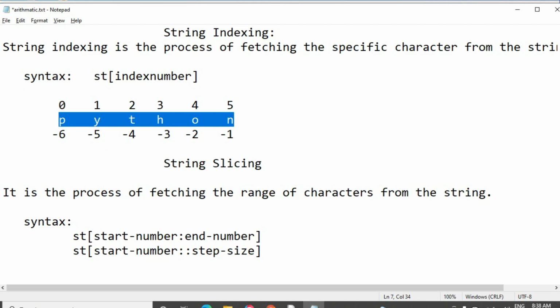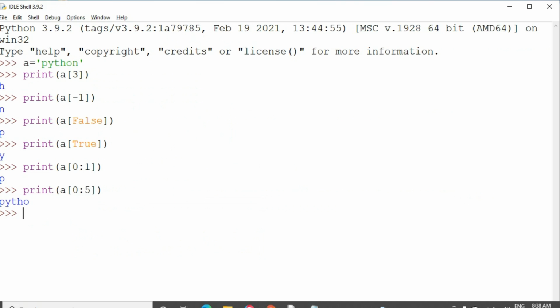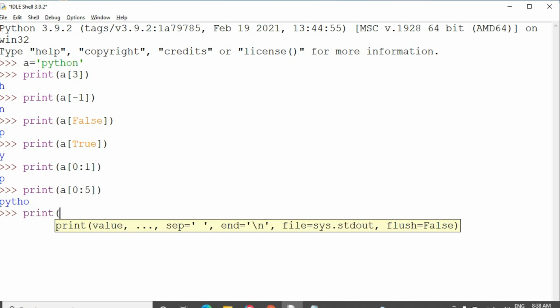See, 0 1 2 3 4 5, but the system will consider 5 minus 1 equal to 4. So P Y T H O. The remaining 5 characters will come. Okay, that has come here. Then the next one,